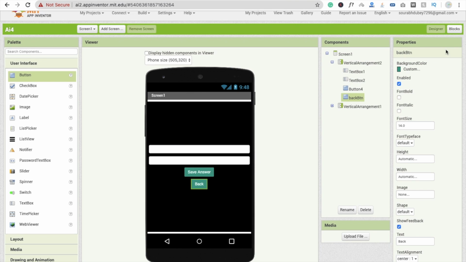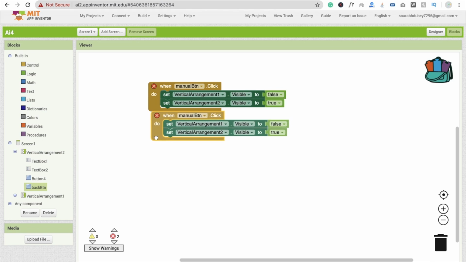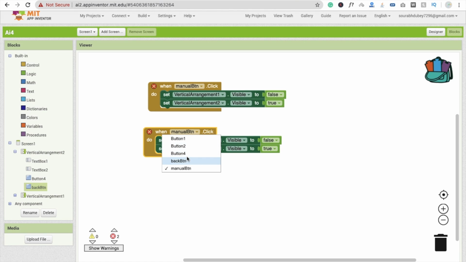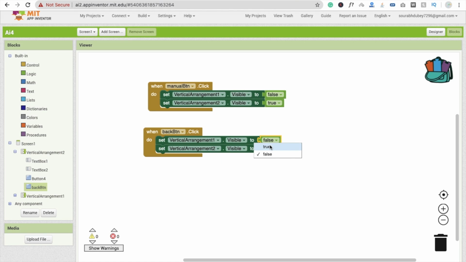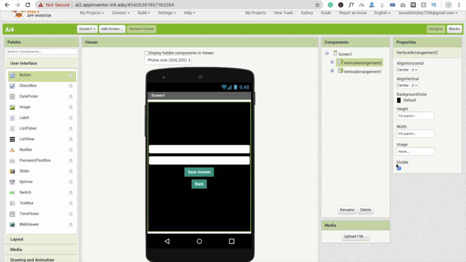Click on OK. Go to the block section and back btn, drag and drop this, or you can just copy and paste this and change it to back button and make this one true and make this one false. Fine. Now we have completely designed our app.